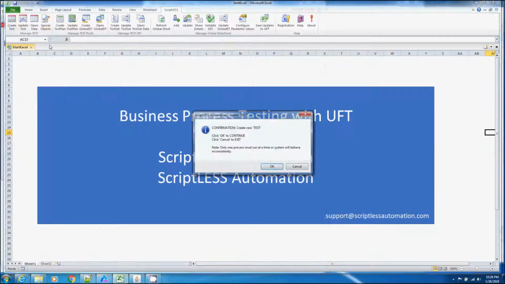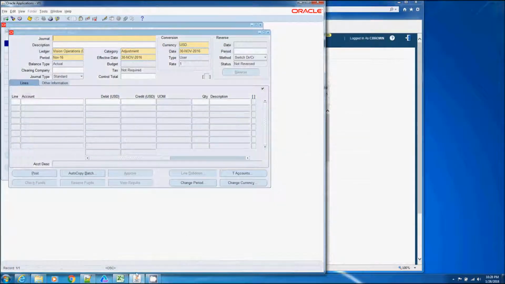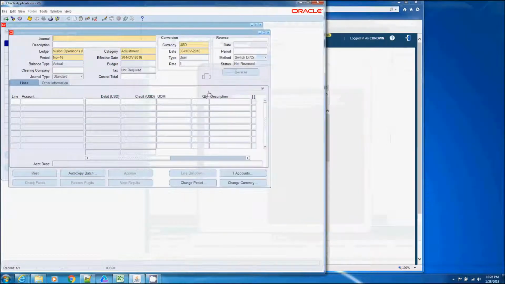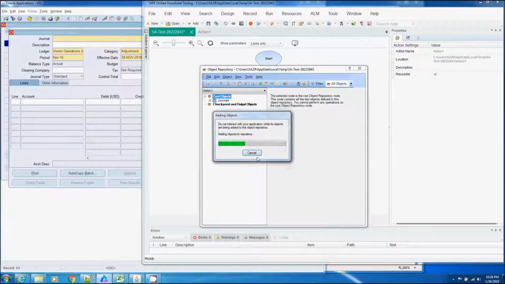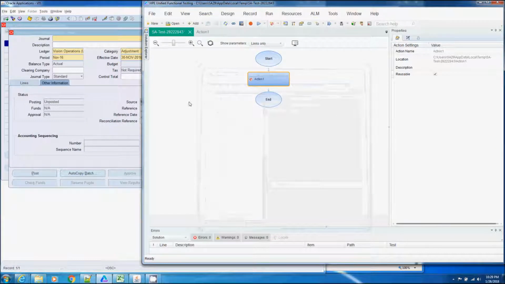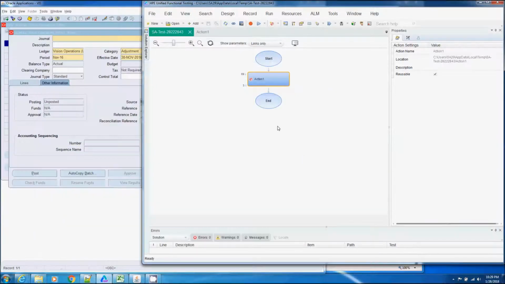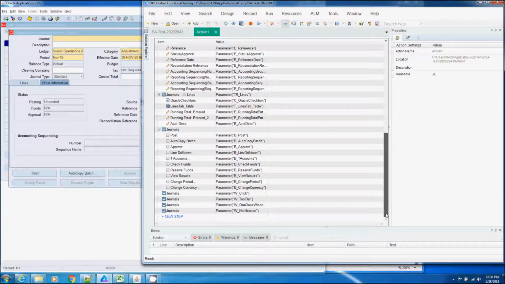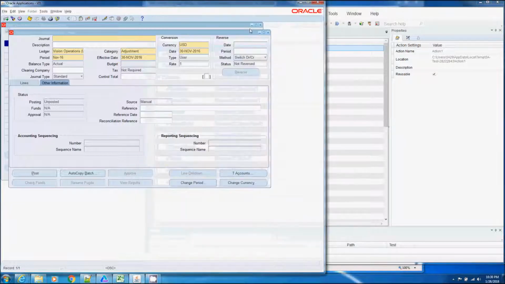So for this screen, we'll see once UFT comes up with a test for us, we have to add the object to the repository. Then you save it. Now we have a test created in 15 seconds with more than 68 steps. With parameters, think about it, how quickly you could be able to create your test plans and test sets using this framework. Now that we have looked at Java forms,